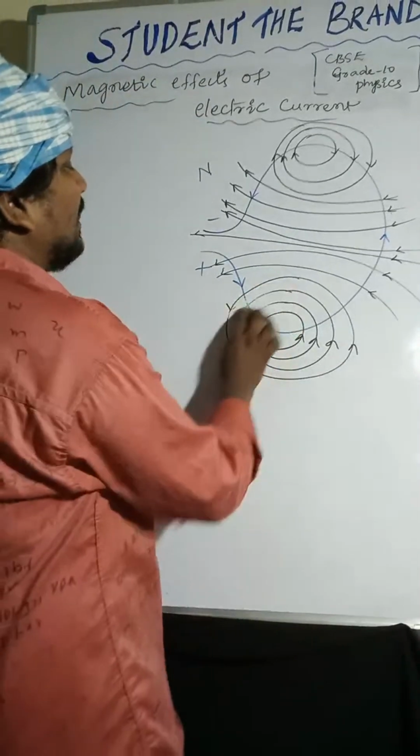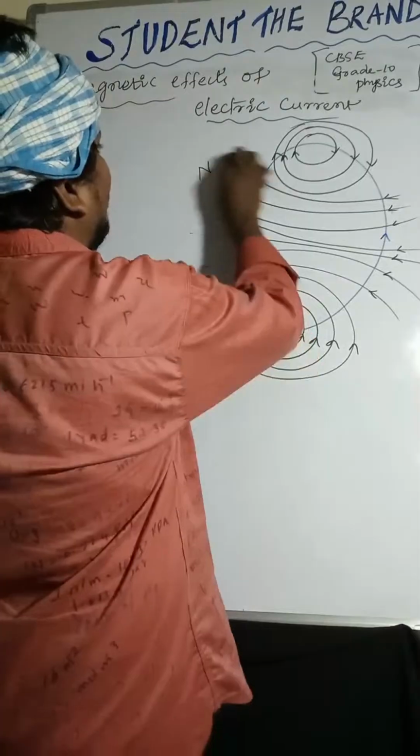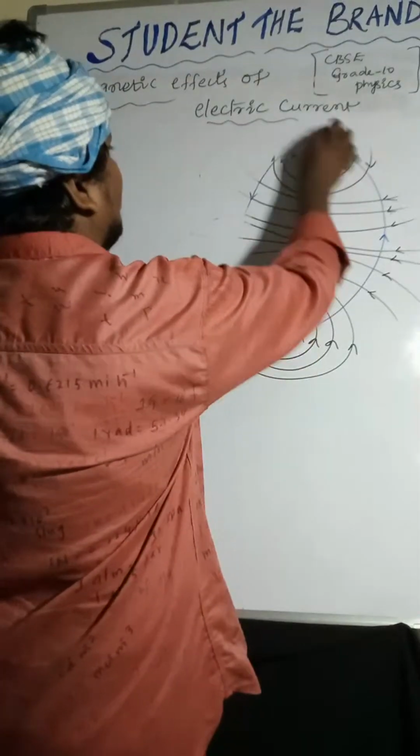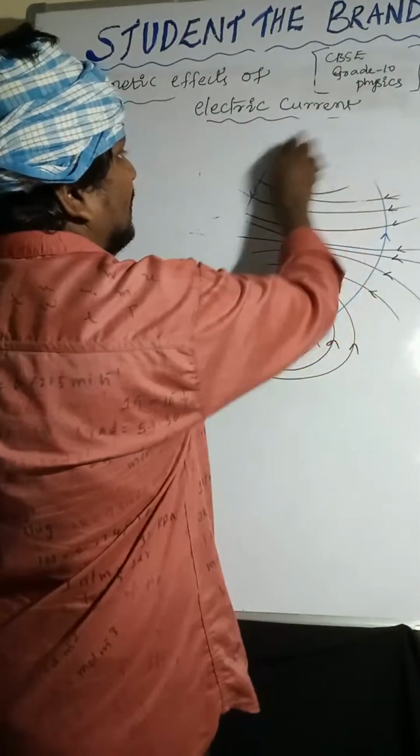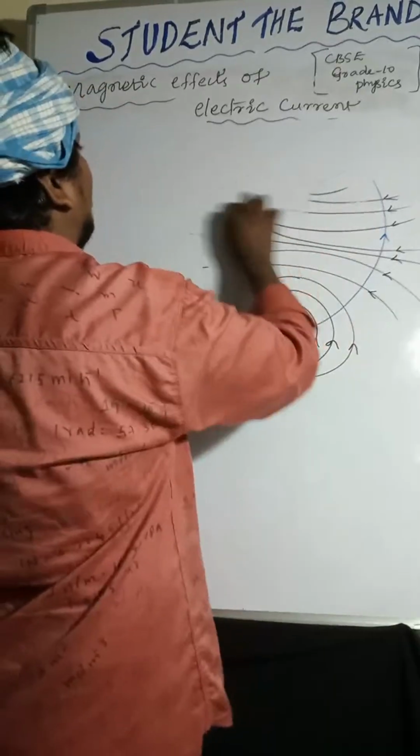Next one, solenoid. So we are taking the solenoid. So till now we discussed about straight conductor. If the current is passing through the straight conductor,